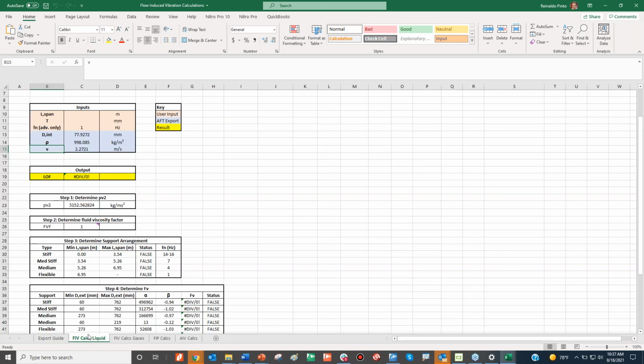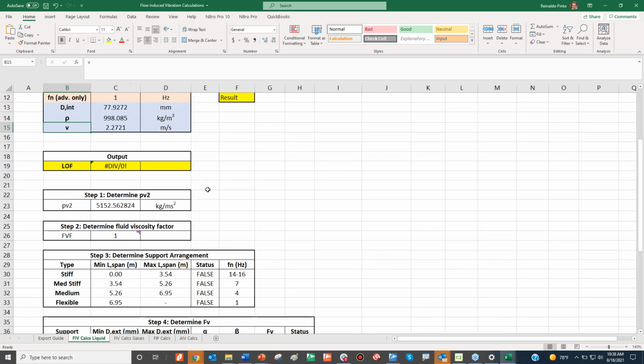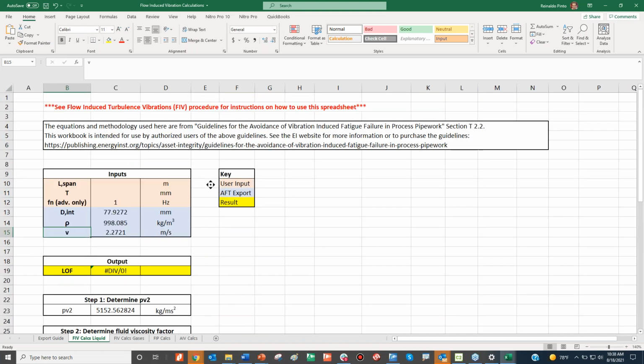So now we go to the spreadsheet, and we can see that it exported the diameter, the density, and the velocity. So now we have to input the span. As we said, it's 6 meters. And the thickness is 5.48.